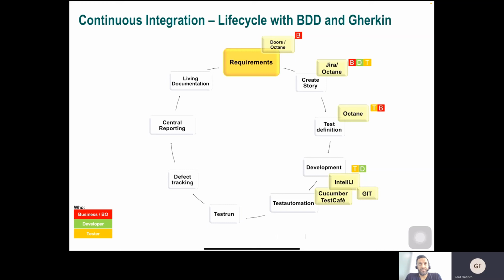Then this works fine. So you would say it was the whole BDD methodology which has brought the development closer to the team? Yeah, definitely, and the other way around, also the testers more closely to the team, so in both directions. And this was really refreshing for me to see that this works, that you have a clear process which is working, and that you have your test automation in place at a very early stage. This was a good experience.